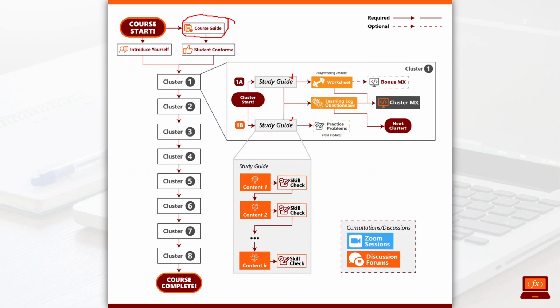Hindi naman graded yan. Okay? Non-graded part yan ng worksheets. Pero that's very important para mas ma-practice nyo kung paano mag-code. Diba? Okay? So, after nyo masagutan yung worksheet,